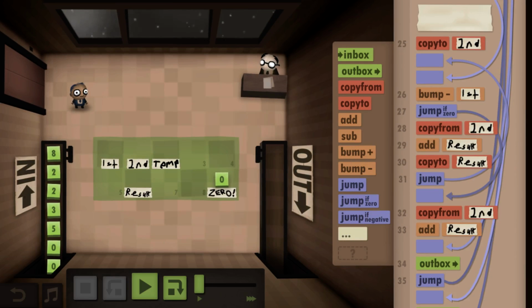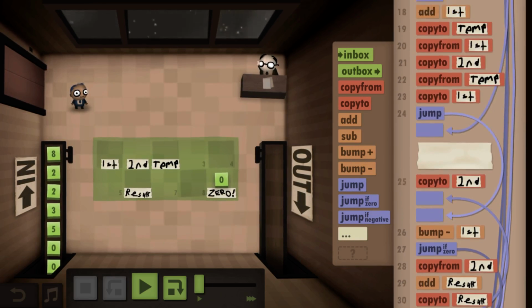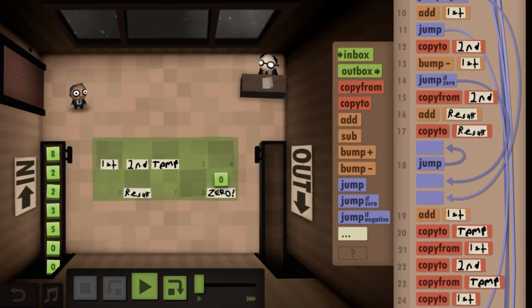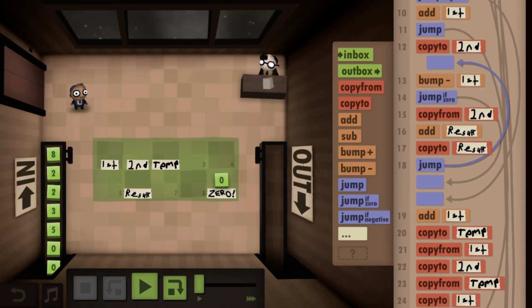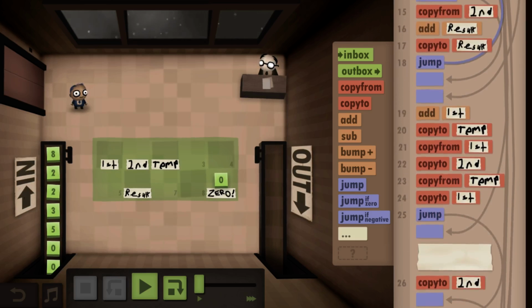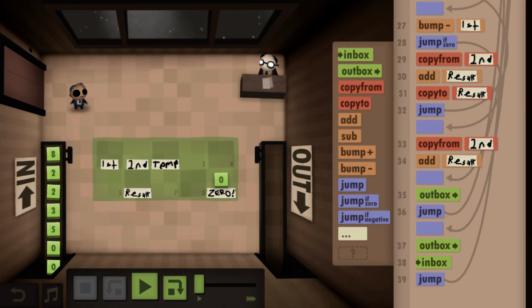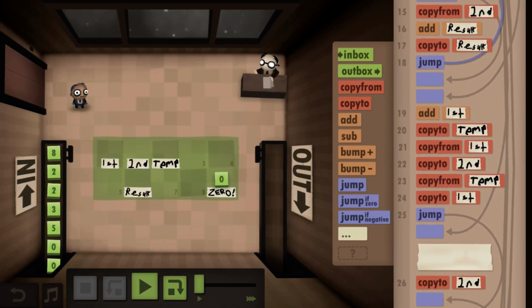Same code, just using it again, and jump back to this point. And let's see. Copy from second, add result again, outbox, jump to the beginning.